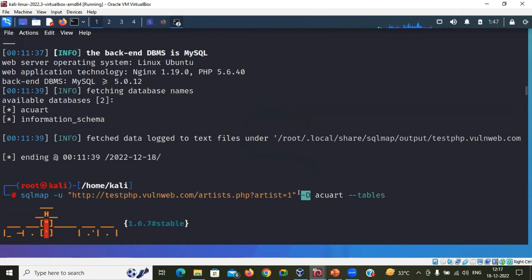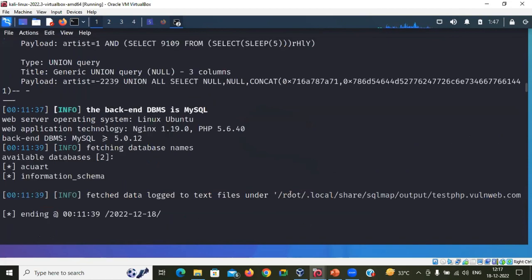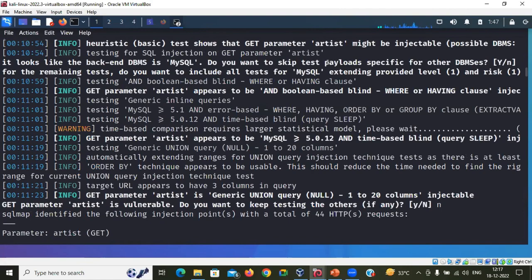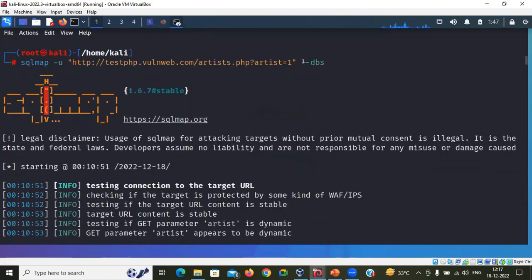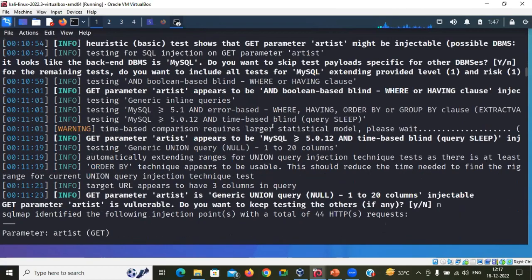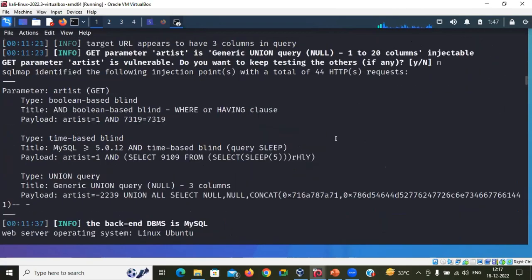If you don't know the database, then use the -dbs option. It means if you want to find the database, you can put -dbs here, and it will find the details of the databases. So once you get the database name, just make sure that before the database name